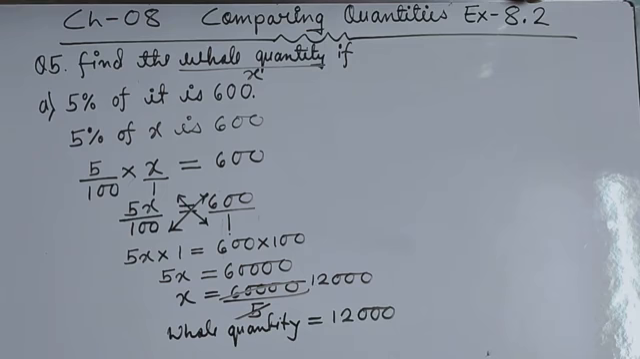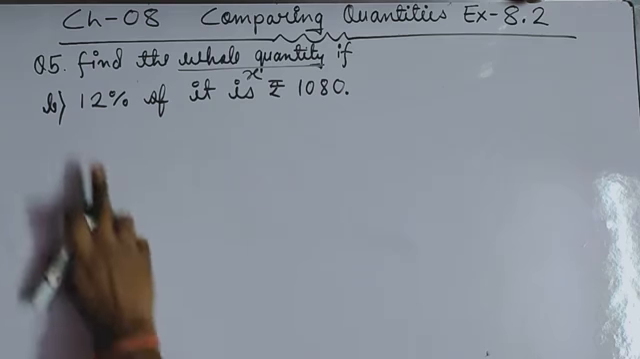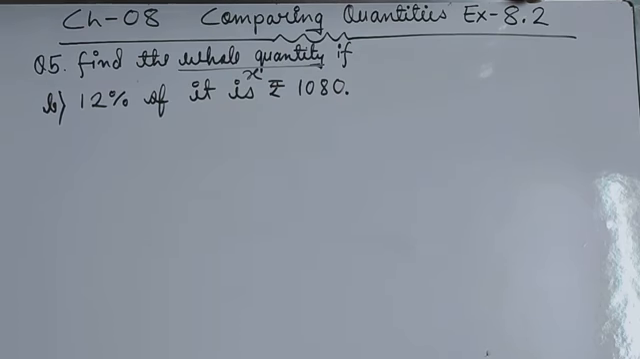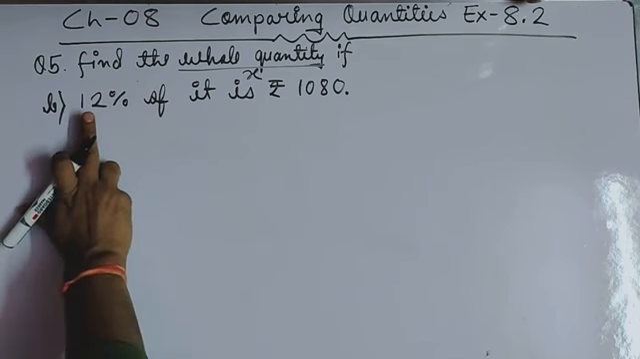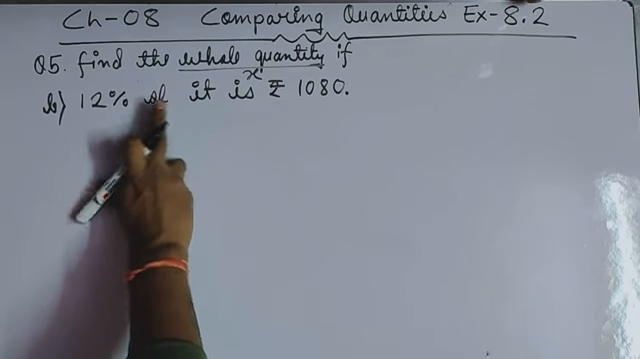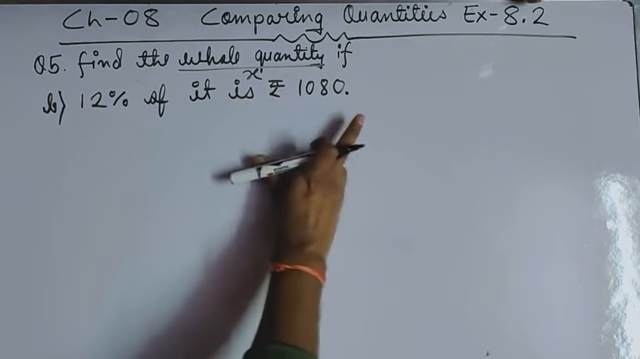One more question we will do of the same type, that is question number B. Now this is the B part of your question number 5, exercise 8.2, which says 12% of it is rupees 1080. What has been given to you? You have been given 12% of it, that is the whole quantity. Again, that will be considered as X. We have been given 12% of that X is equal to